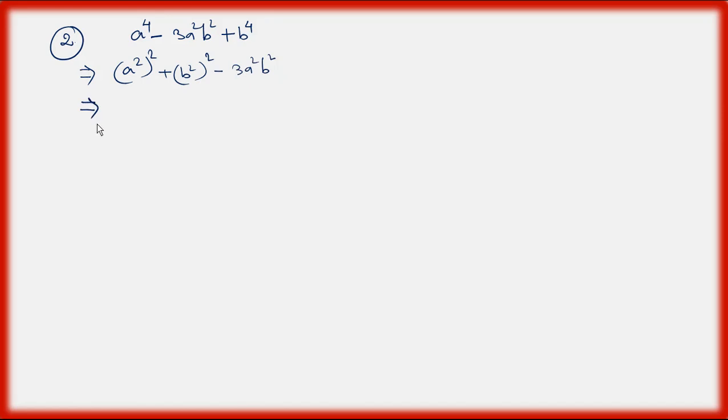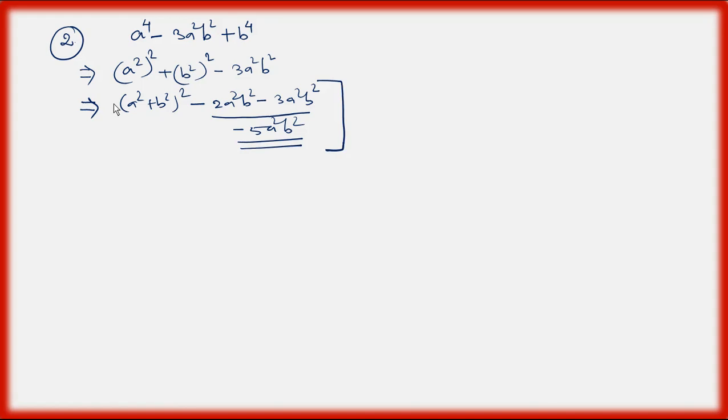And look here, there may be some contradiction. I will show you. Sir told us (a square plus b square) whole square minus 2a square b square and minus 3a square b square. I have not completed, okay, I will tell you. While simplifying this term, you will get minus 5a square b square. It is not square terms, so this formula is not possible to apply here.